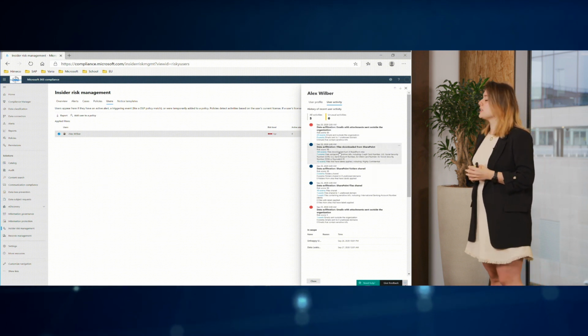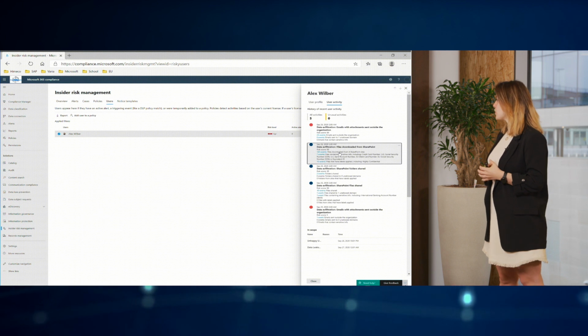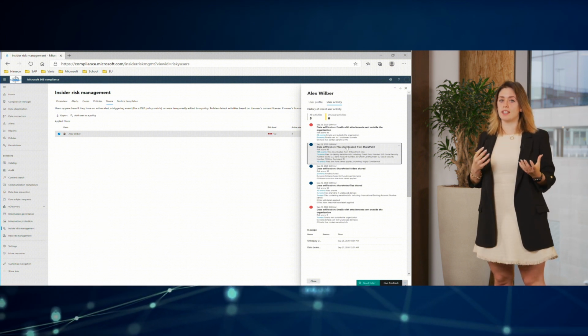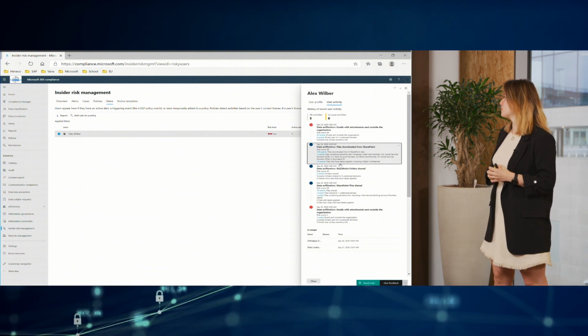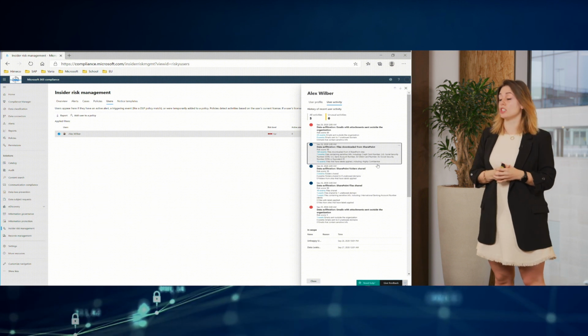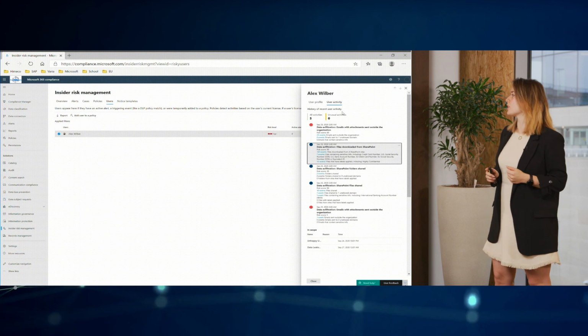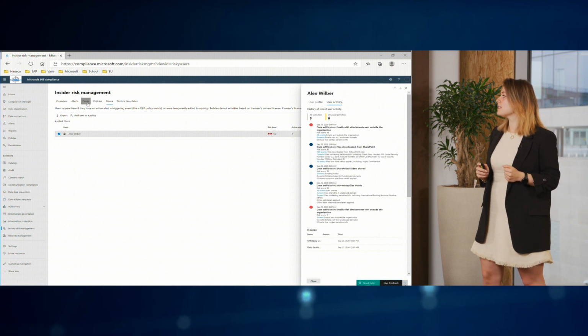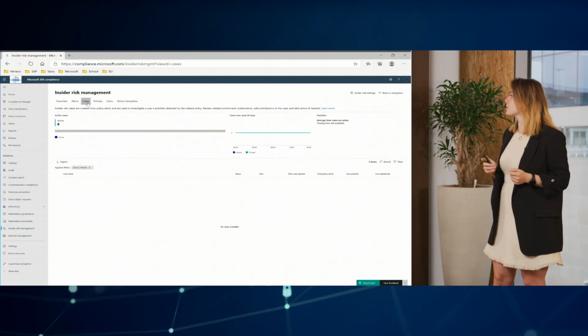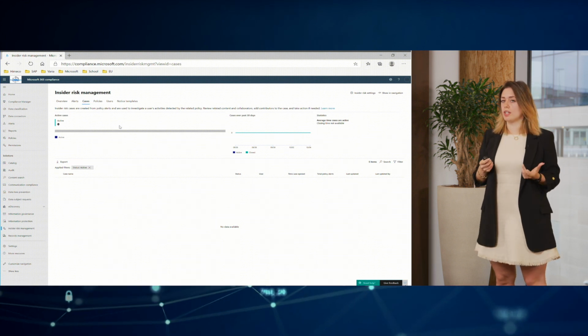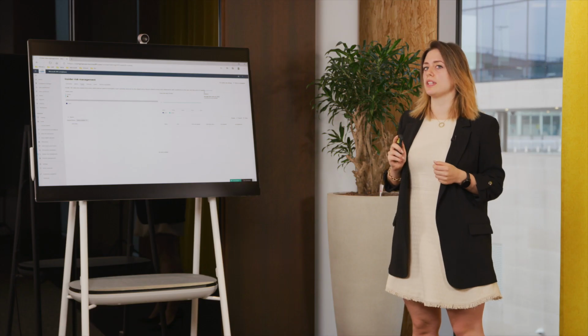In the number 2, we see that he has downloaded files from SharePoint which have very sensitive confidentiality labels linked to it. Some of them are even linked to GDPR. This might be one case that we want to further investigate during our case management. Cases can be made within the Cases tab. Here for this demo, we have not created such a case, but do have a look at a later point